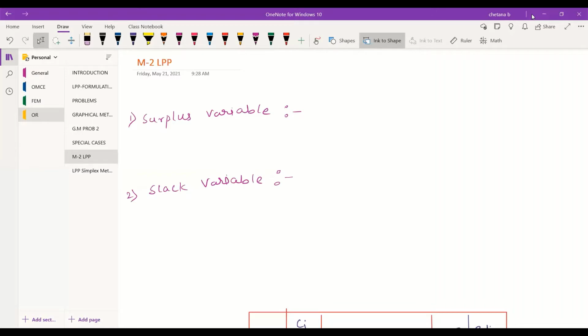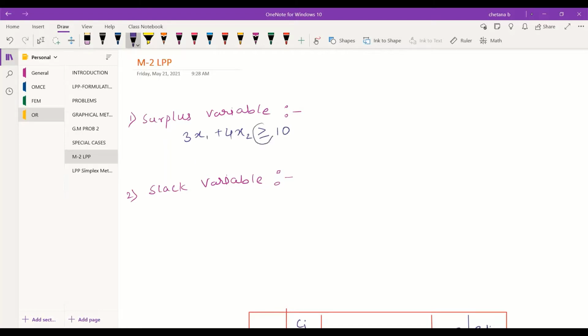For example, if the constraint is given in this format, 3x1 plus 4x2 is greater than or equal to 10.